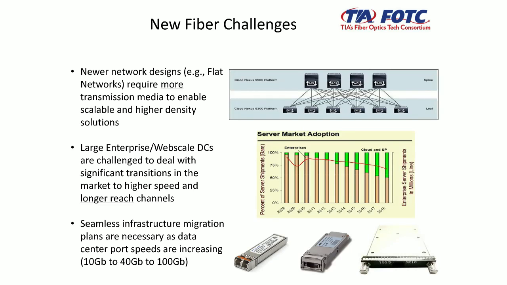We've got new challenges with fiber. We've got these flat architectures, leaf-spine architectures where everything is connected to everything else. In a hierarchical switch design, everything isn't connected to everything, and there's much more fiber, much more ribbon fiber in particular in these solutions. We're seeing a shift in where the servers are ending up. So that middle graph, sorry for the eye diagram, the middle graph there talks to where the servers are ending up. And this is the total number of servers, which is really,